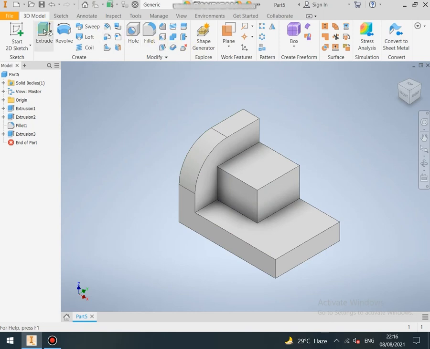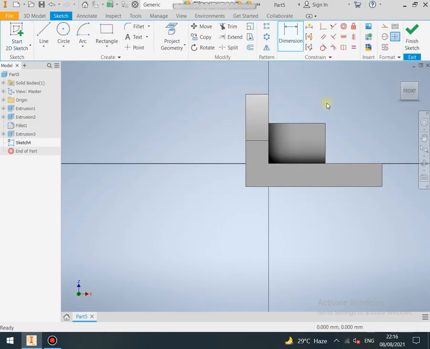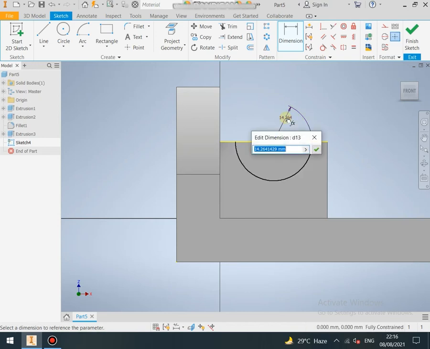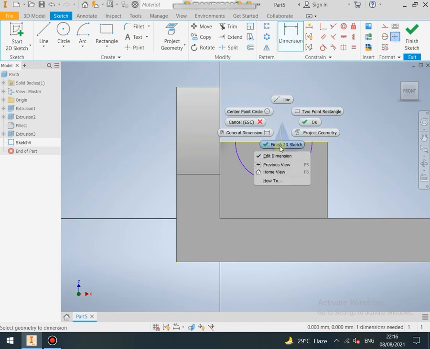Our sketch has completed, and now I am going to make the circle cut. So where is the circle? Here it is. I clicked it and put it on the center line, and trim it because we need the half circle. And here is the radius option. Now I can convert it into the diameter option. You can give the radius also. Here is the option for diameter. So it is quite easy.